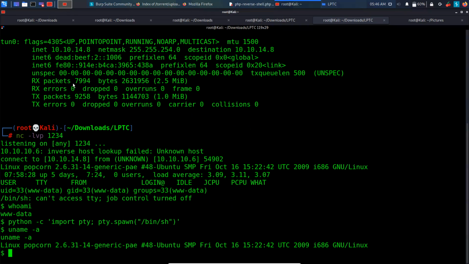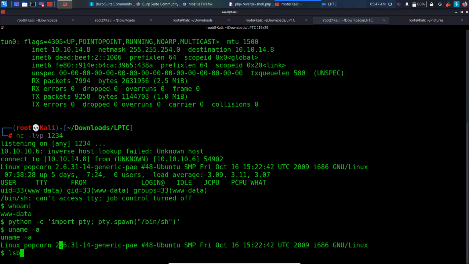So we can see that, okay, we are working with Linux, and don't ignore this popcorn because it's just the name the person gave it while installing Linux. So it is appearing over here, but we are interested in Linux and the version. So 2.6.31 is the version. And we can also type this command to see what operating system we are running on.